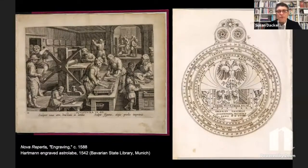And for the engraved version of the instrument, each piece, each component, the recto, the verso, the alidade, the rete, all would have been printed on separate sheets. And we know from the physical evidence of them that there are holes in the sheets where they would have been tied together in a packet and sold as a kit. So it's another great example of Hartmann's entrepreneurial spirit when he was making these. Pedro,